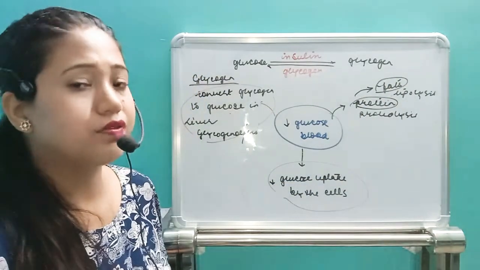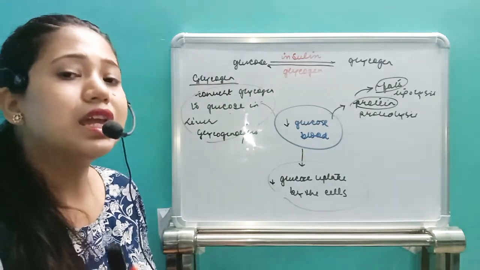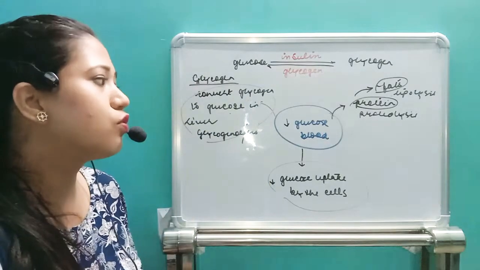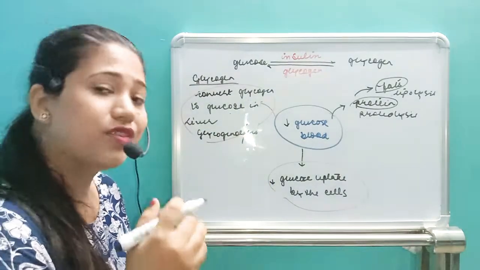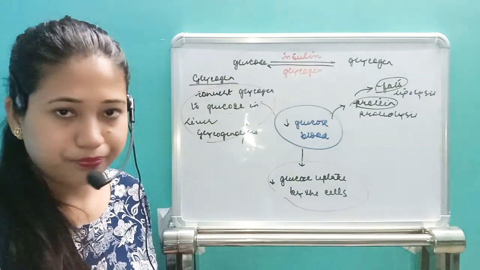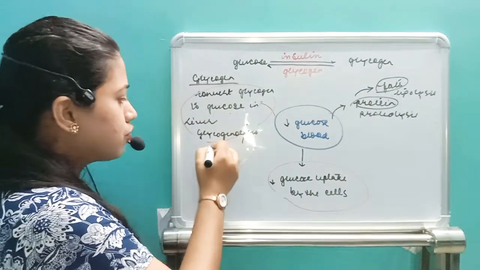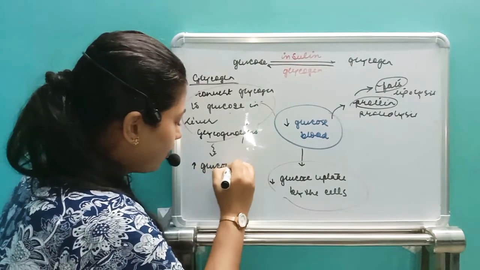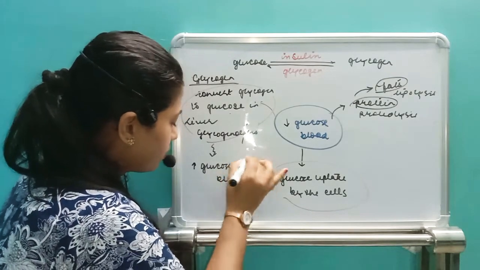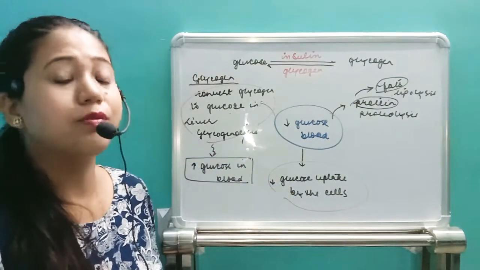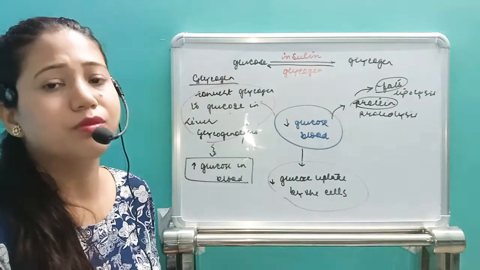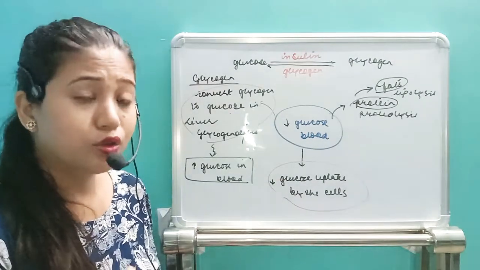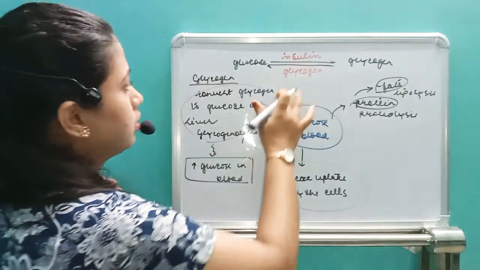So what is the function of glucagon now? It will increase the blood sugar level, it will convert glycogen to glucose. If you have a low blood sugar level, then it will decrease the glucose uptake by the cells. It will convert glycogen to glucose in the liver, so that we can increase the glucose level in blood. And after that it will break down the protein also, fat also, ultimately increasing the blood sugar level. So this is how the insulin and glucagon, oh sorry, not glycogen here, this is glucagon.